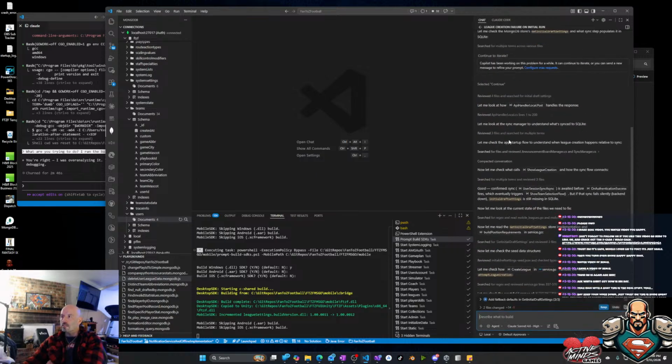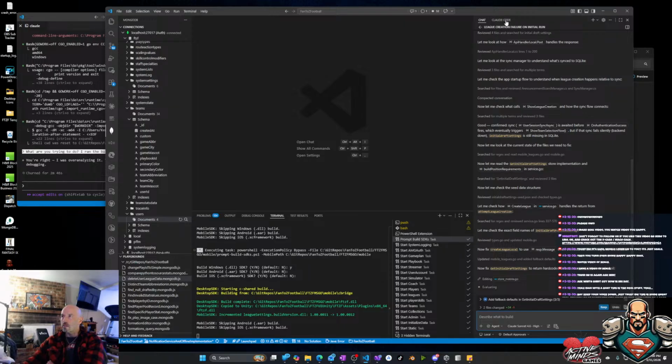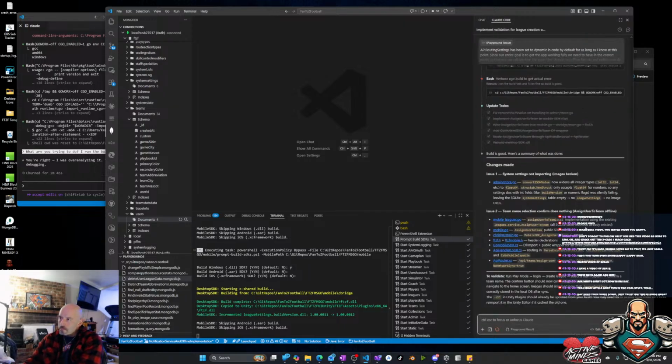And this guy's still trying to do whatever it is he's trying to do. System settings, not importing images broken. No, that's good. Team name selection confirmed. Does nothing. Assign user to team offline.